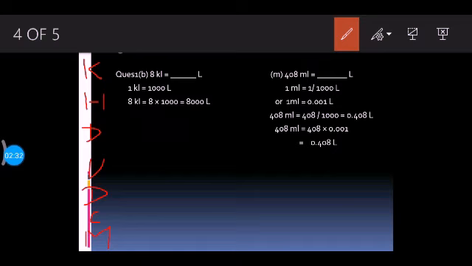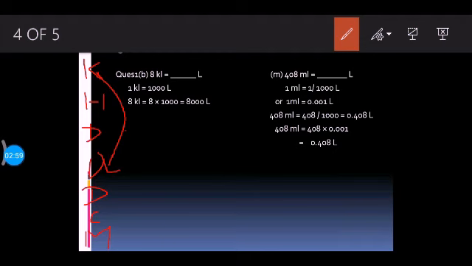Okay, so you have to move from kilo to liter. That means you have to move from here to the base unit. Okay, right? So how many jumps you have to take? You have to take 3 jumps, right? And you have to move in downward direction. That means from a bigger unit to a smaller one.